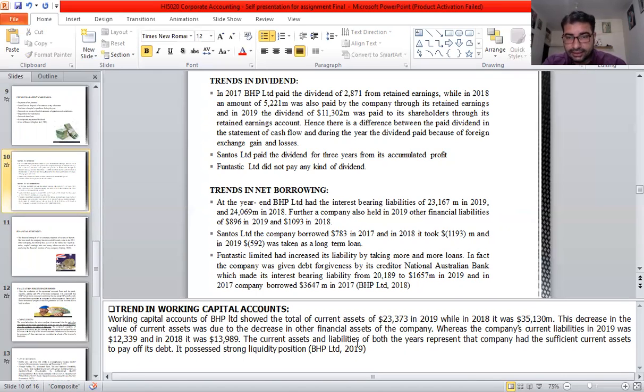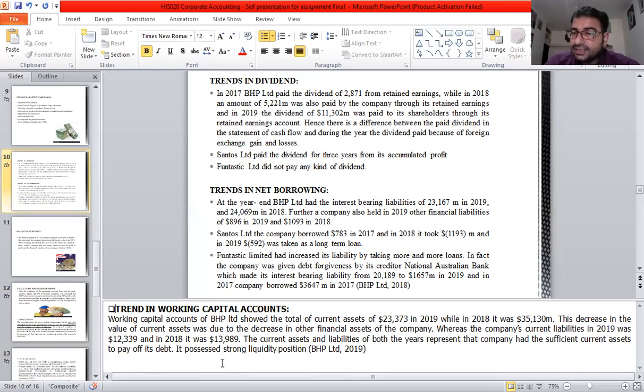So there were different trends in the working capital accounts as well, which we have discussed previously. The total current assets of BHP Limited were 23,373 in 2019, while in 2018 they were 35,130 million. This decrease in the value of the current assets was due to the decrease in other financial assets of the company,